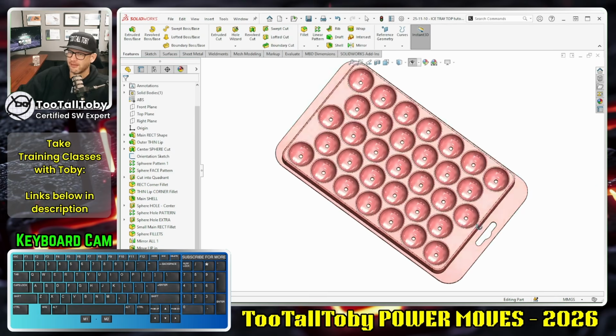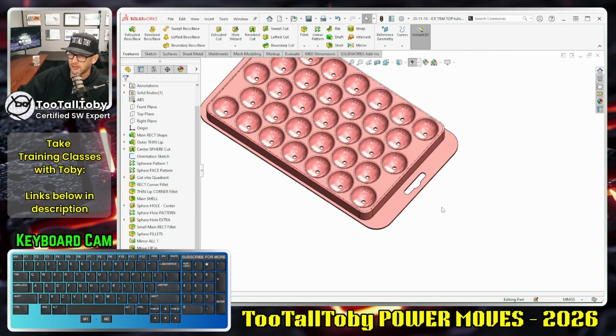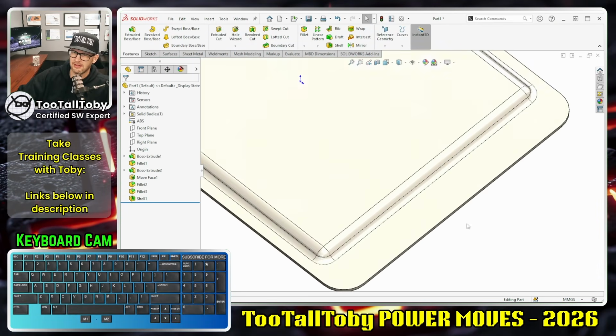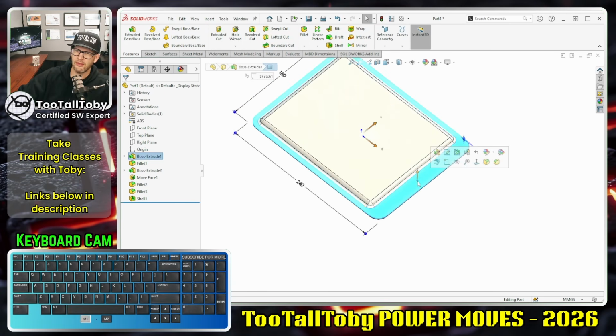So here you can see I've got this one model which has this little hanger here, this hole that I can use to hang this up on a shelf. And then I've got this model here and I'd like to use that same feature. All right, no problem. What we can do is find that feature here in the tree, press Control-C for copy. Now I'm going to use Control-Tab to go to this other window, click on this face, and I'm going to